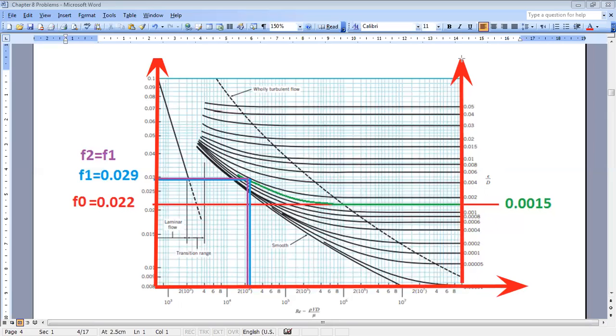So if you know 2 of these parameters, you can calculate the third one. For example, if I tell you epsilon over d is 0.02, let's say, you go over the curve of 0.02. This is the curve of 0.02, like this,